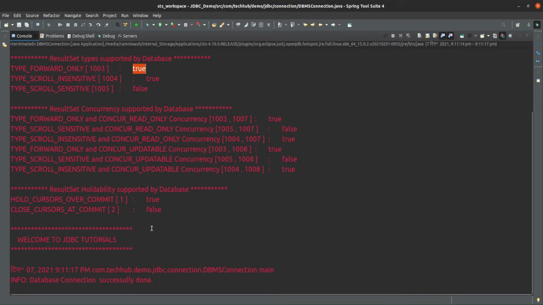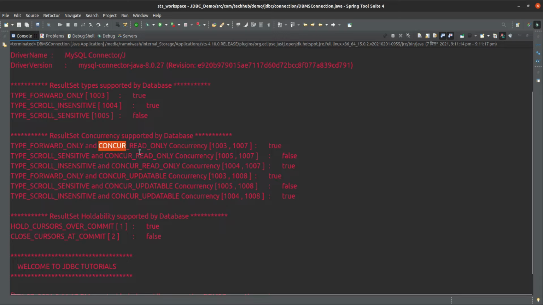This is holdability. So concurrency read only with type forward only, our database supports, and you can use this one. Type scroll sensitive and concurrent read only is not supported, because our database result set type scroll sensitive is false, so that's why it does not support that feature.